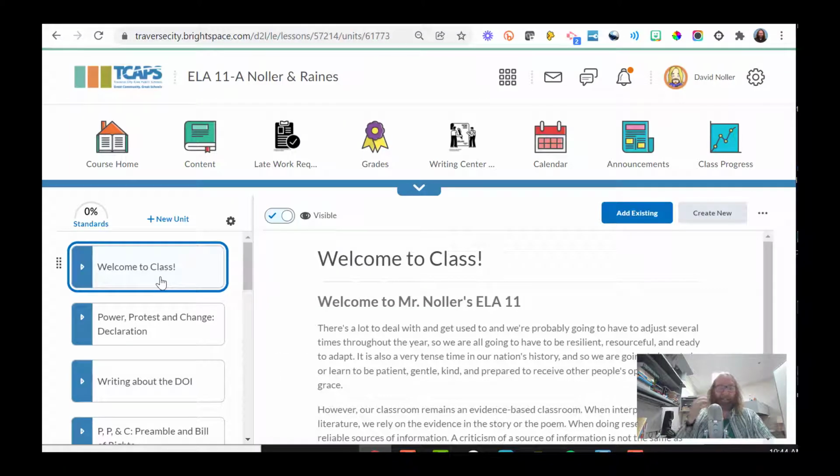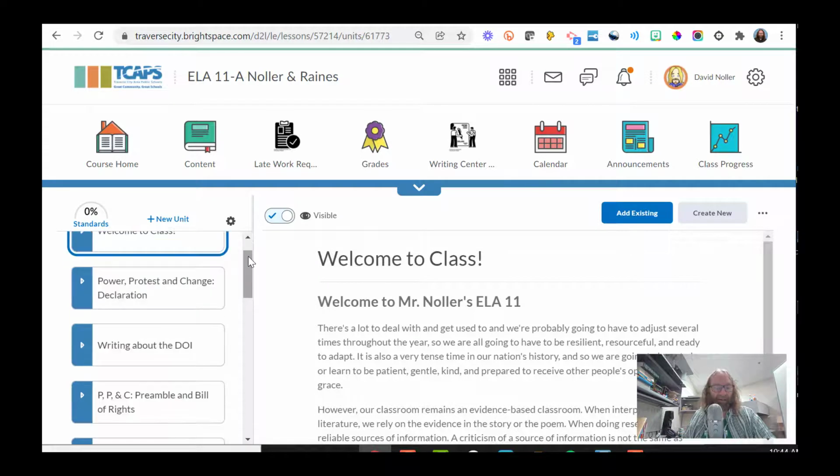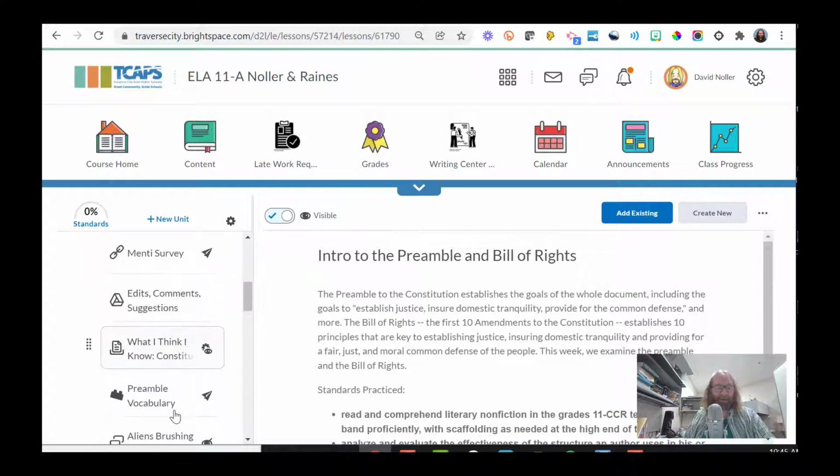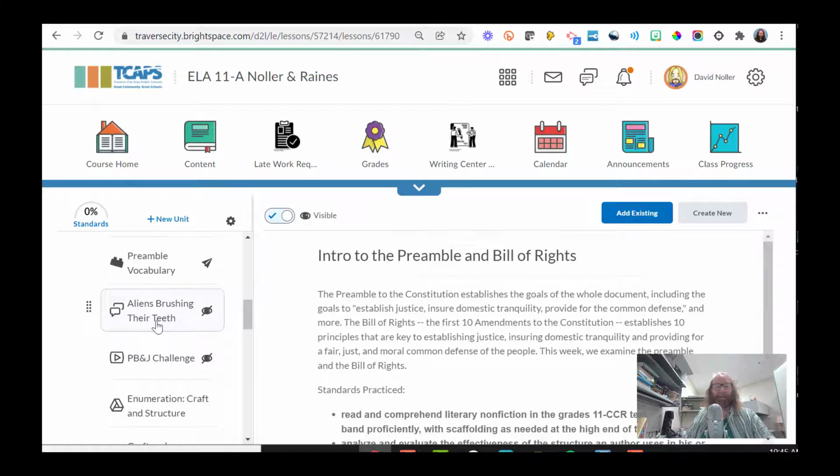Of course, it's not just assignments that we add to these folders, and it's not just resources. We can also add links to external activities or external resources. In this example, I had my students fill out a Mentimeter survey as we began our class. Then I had them complete an assignment called What I Think I Know About the Constitution. Participated in a discussion board, aliens brushing their teeth. I know it's a strange topic, but we were talking about what you would have to tell people in order